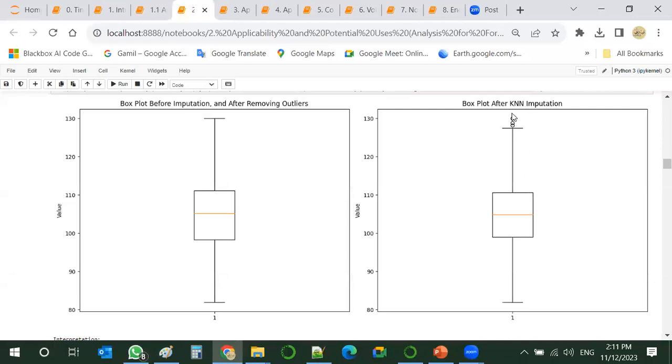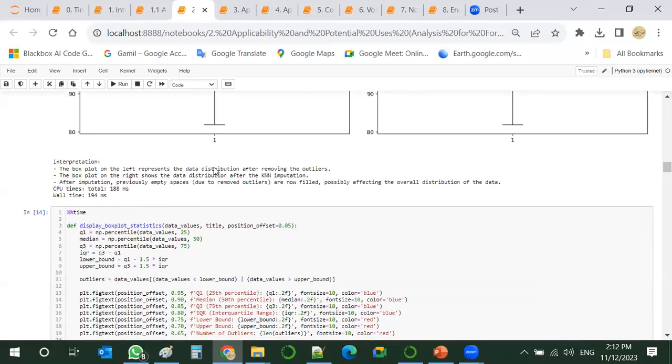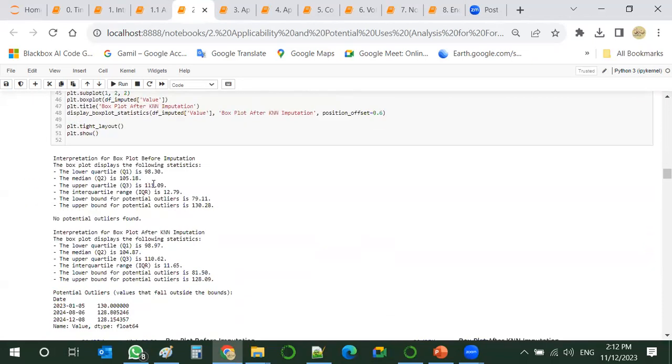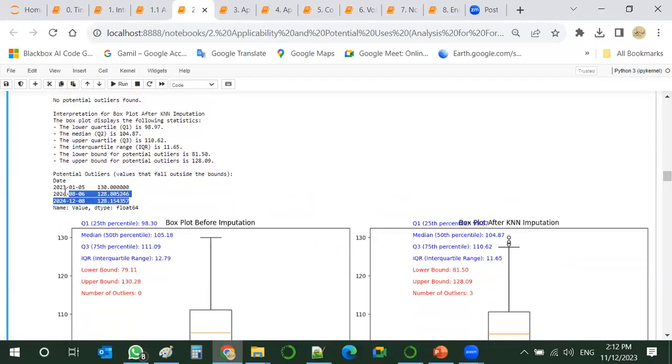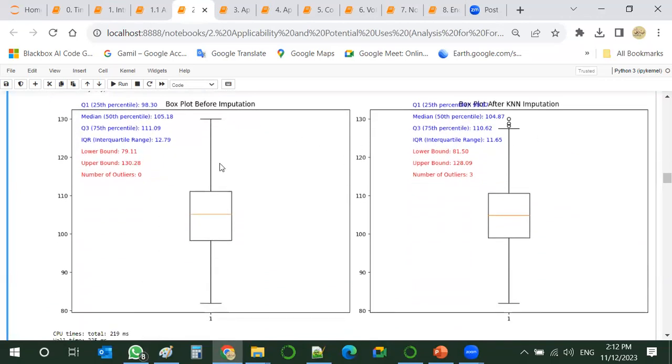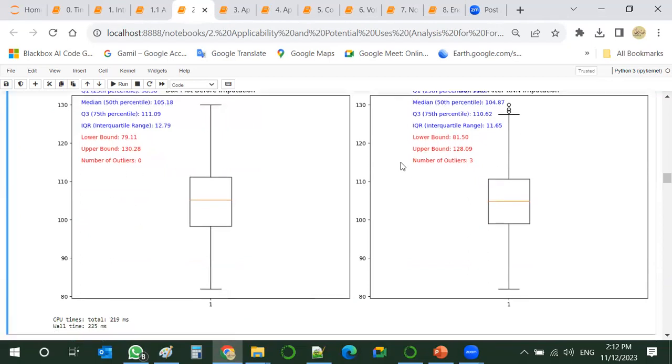You can see we have barely 3 points that are more than 125 in value, excuse me. So we can get the interpretation as well. And here again, we test, and no outliers were found this time. The potential values that we have set, the 3 values, are here. And this is the comparison with the statistics as well.